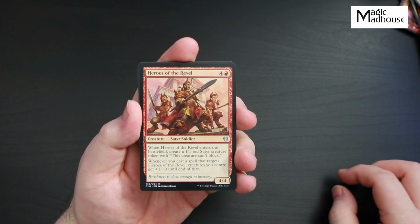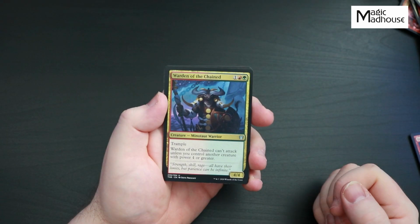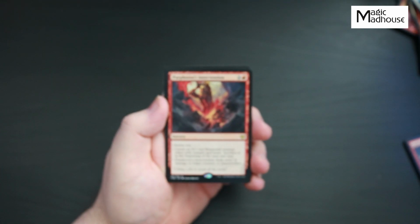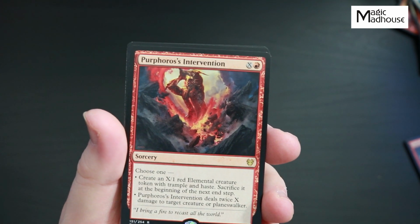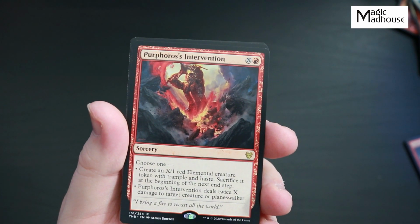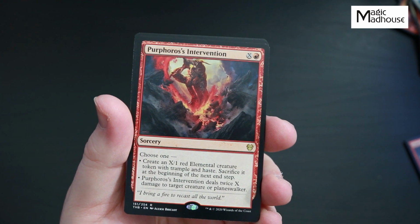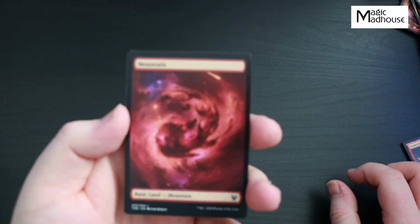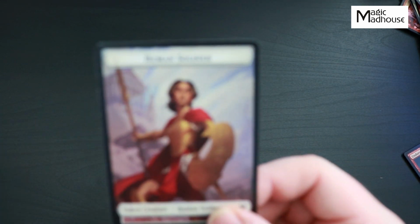Then we get on to our uncommon. So we have Heroes of Revel, Underworld Fires. We also have Warden of the Chained, and our rare is Purphoros's Intervention. So it's an X and 1 red spell. Let's have a little look at that. Create an X/1 red Elemental creature with trample and haste. Sacrifice it at the beginning of the end step, so it can be as big as you want with the X, or you can choose the option of Purphoros's Intervention dealing X damage to target creature or planeswalker. Oh, then we get a gorgeous, gorgeous mountain and a human soldier. So that is